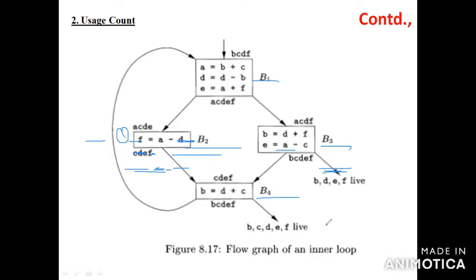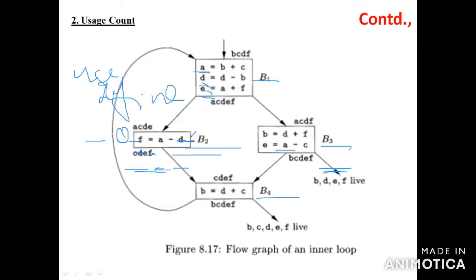Okay, so here, for example, I'm using the variables A, D, E. The variable is defined in B1. You know what is used and what is defined. You are using global live variable analysis, the data flow equations: gen and kill, in and out, use and def. You know that it's a problem solved in the 4th unit.